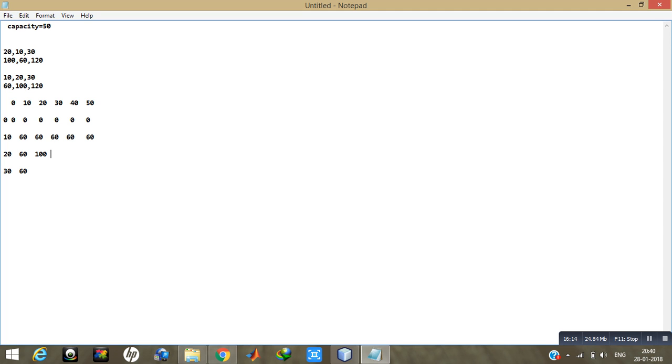So at 10, when we have a capacity of 10 and we are given just the weights of 0 and 10, we can have a maximum of 60. Then 100 plus 60 would be 160,